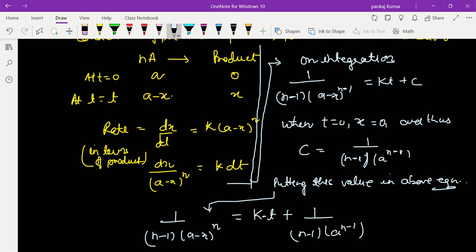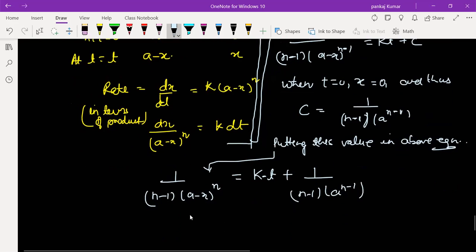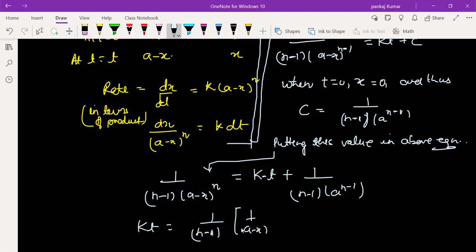Okay. So again, k into t will be equal to this. We can transpose 1 by n minus 1, and we can write 1 by a minus x to the power n minus 1,